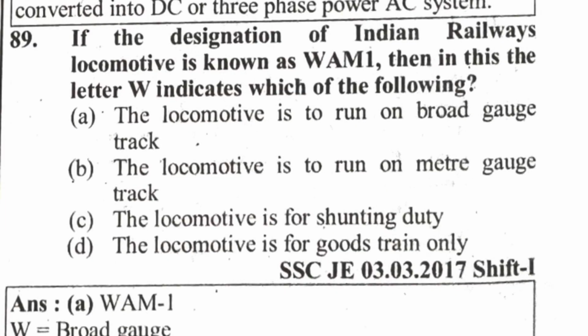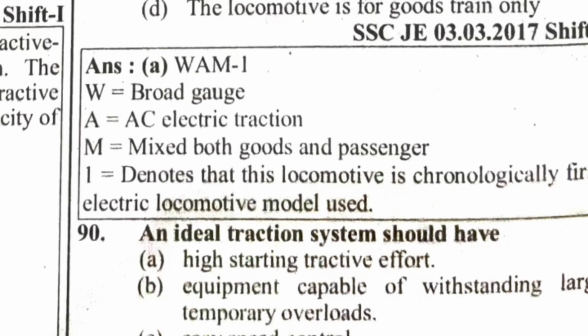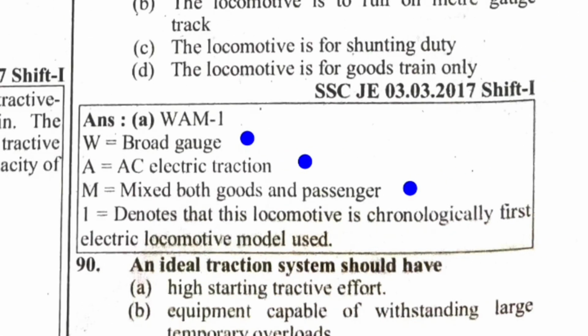If the designation of an Indian Railway locomotive is WAM1, then the letter W indicates which of the following? Locomotive is to run on broad gauge track. देखिए, W is broad gauge, A is AC electric traction, M is mixed, both goods and passenger. 1 denotes this locomotive is chronologically the first electric locomotive model used, ठीक है।